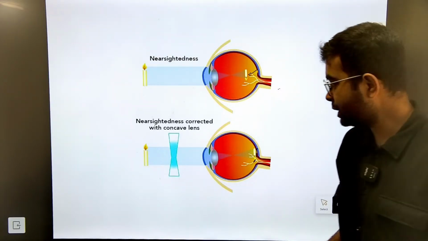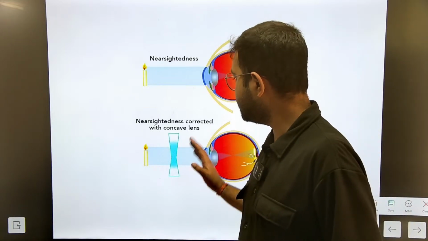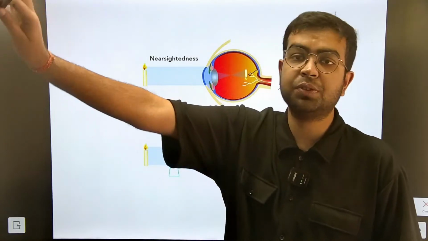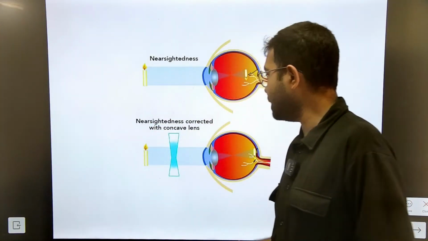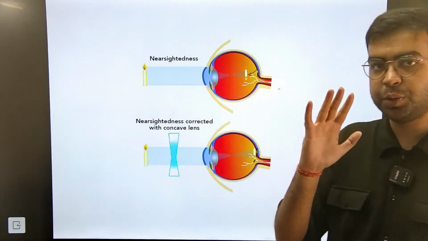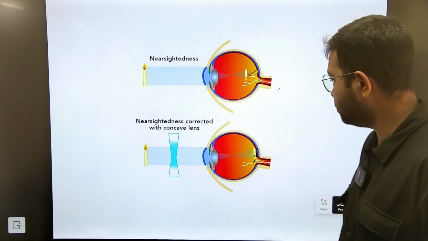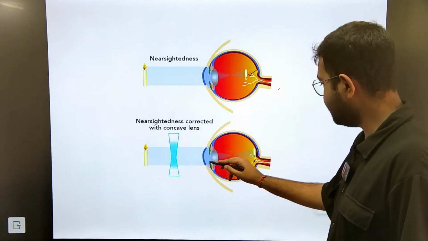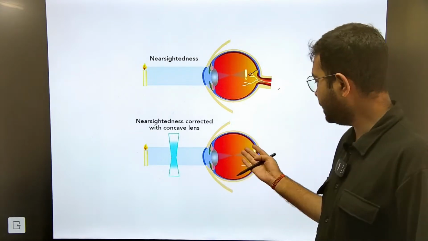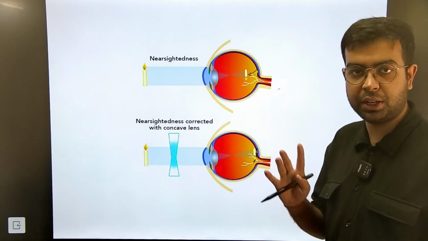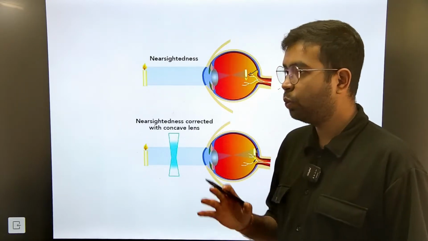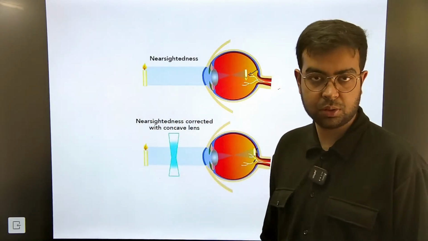Now what is happening here is that this thing is known as near sightedness। Why near sightedness? क्योंकि I can see things which are near to me but I cannot see things which are far away from me। Now what is done here is that a concave lens is given to us in the form of these spectacles। वो concave lens क्या करता है, वो फोकस को शिफ्ट कर देगा। फोकस को शिफ्ट करके it will put the focus back on the screen behind our eyes। ठीक है? ताकि it can be detected by the optic nerves and taken to the brain। ठीक है? And with this we can easily see what is near us also and what is far away from us। ठीक है?